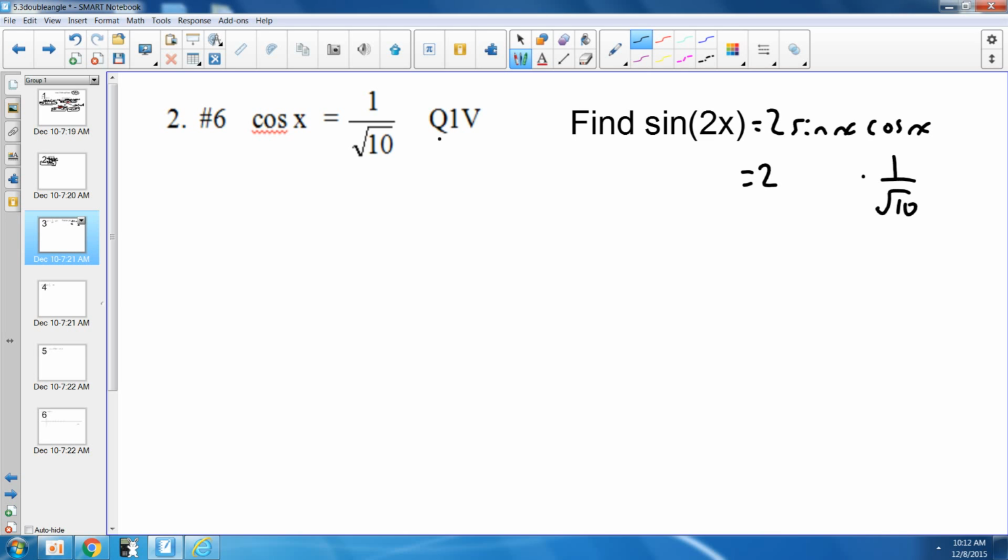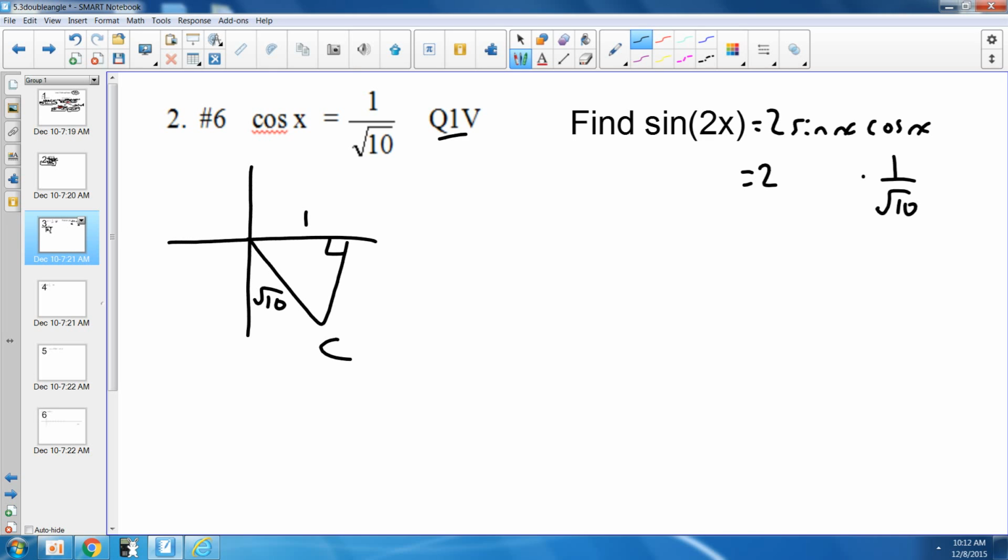I go back to here. I see it's in the 4th quadrant. I know what the cosine x is, so I can draw a triangle and find out the sine x. So I'm going to do that in the 4th quadrant, so I remember that I'm really looking at C there from Santa Claus, and that makes sense because the C is positive. 1, radical 10,